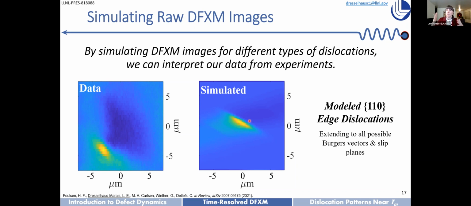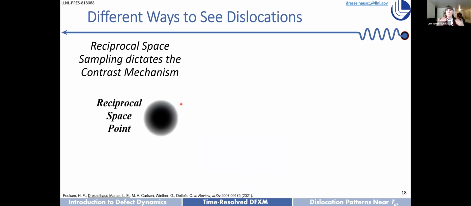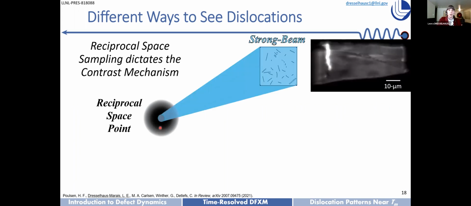But it also allows us to go a step further, because it allows us now to think about how exactly we want to be able to look at these dislocations. As we understand, reciprocal space is a big place, and we can change how we sample reciprocal space by rotating the crystal or changing our diffraction condition to change the contrast mechanism and therefore tune the way that we're sensitive to these dislocations. This is actually also very important in understanding whether we live in the dynamical diffraction limit or the kinematic diffraction limit. So for example, if we sit right in the center of reciprocal space of our little peak, then what